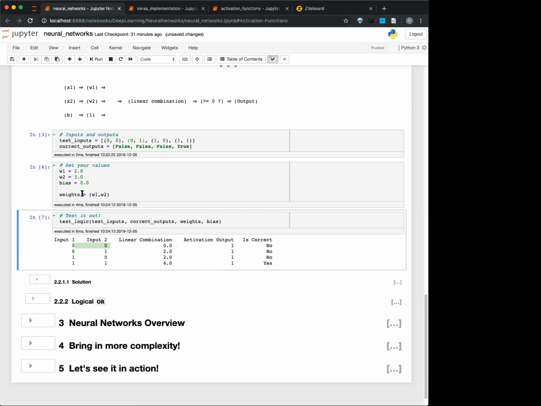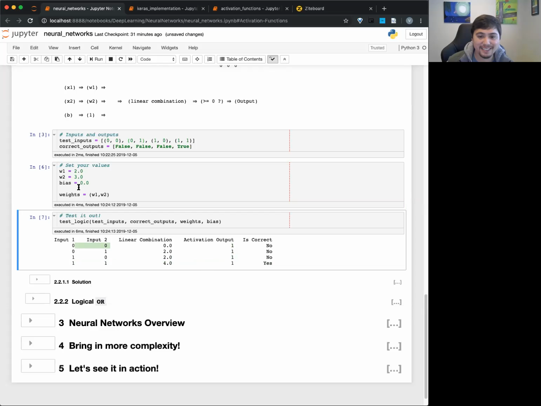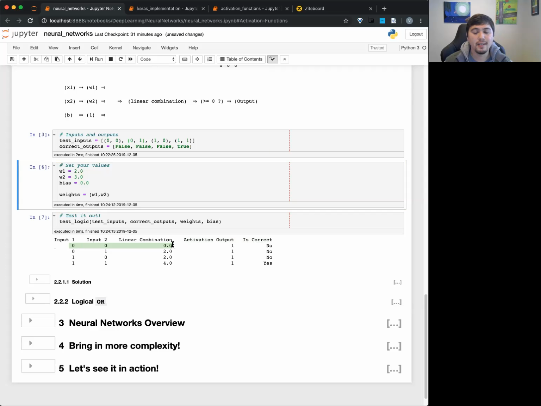Bias. Bias. All right, cool. I heard bias. So good, right? And we need this line right here, since it's 0, 0, we need this linear combination to be less than 0, right? Because we want this to be false, right? So what could we put for bias that would make this combination less than 0?